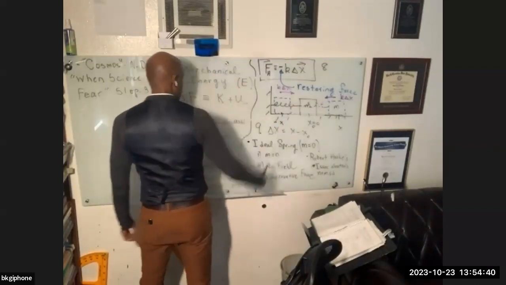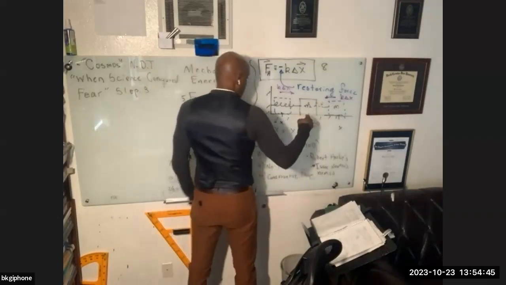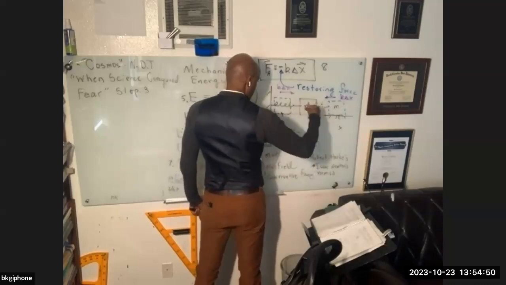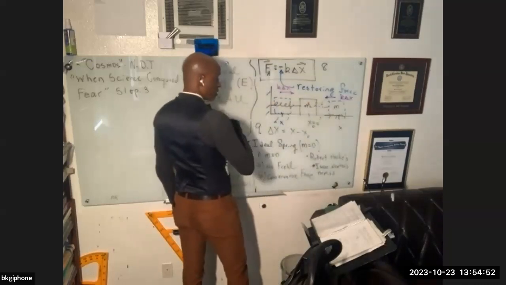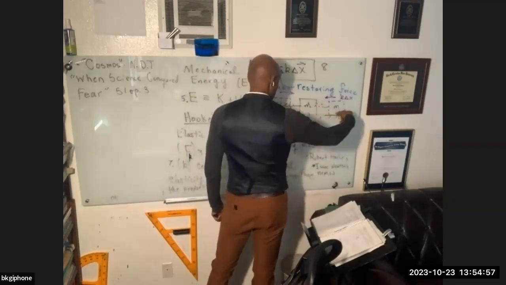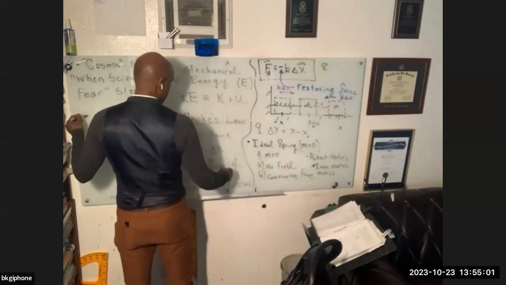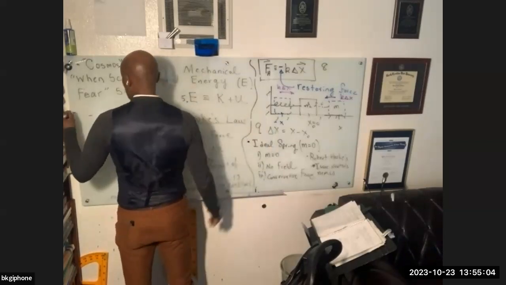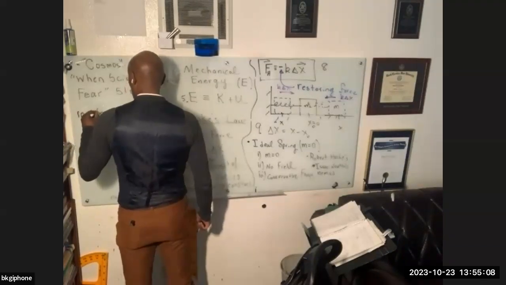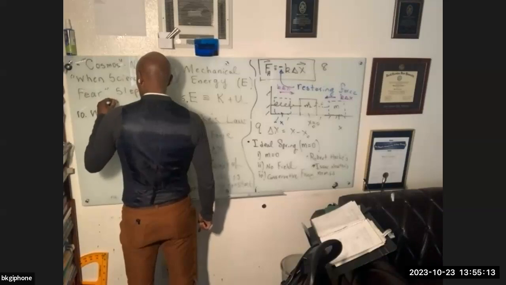So let's do this case. I'm going to calculate the work done. Now it's not the work done by me, it's the work done by the force as I pull this thing from equilibrium out to positive x. So I have to work out this equation. Work is equal to the integral from x naught to x of